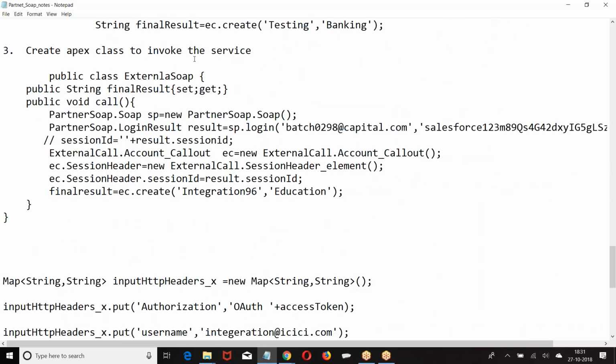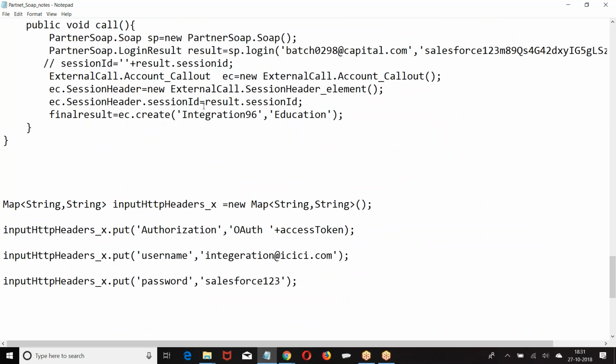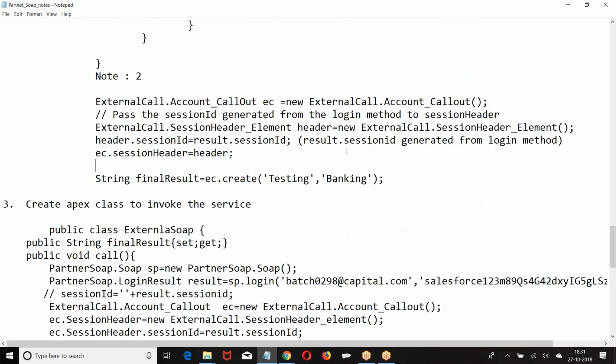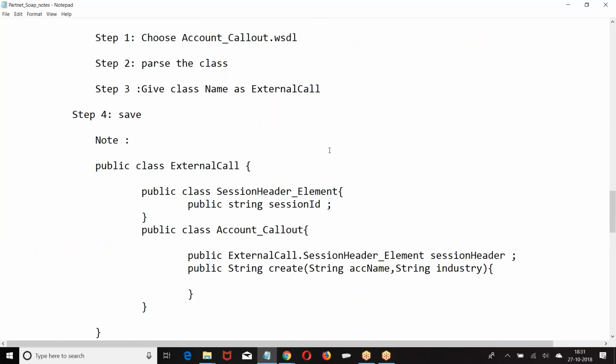Then invoke the service. How we invoke the service? Whatever the method name is there, that method name we are calling it. I hope you are good with this. Clear for everyone? Have you followed this example?